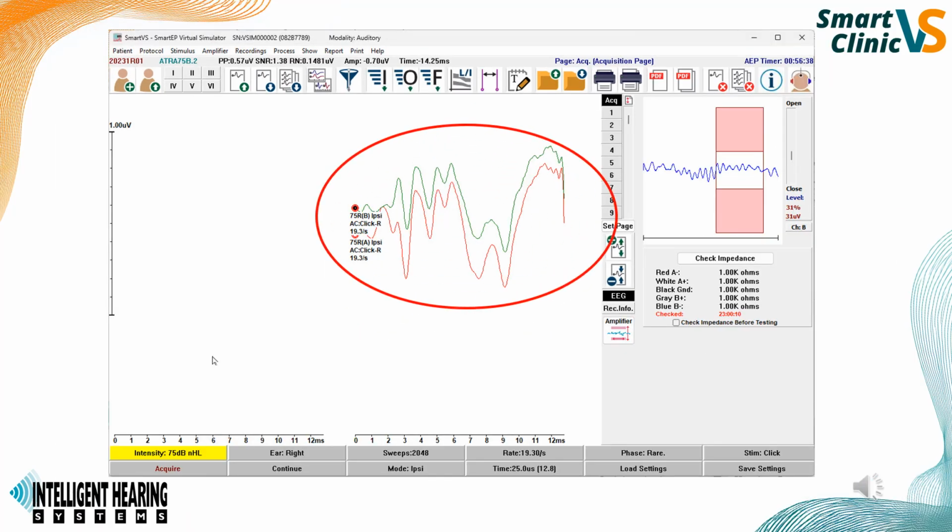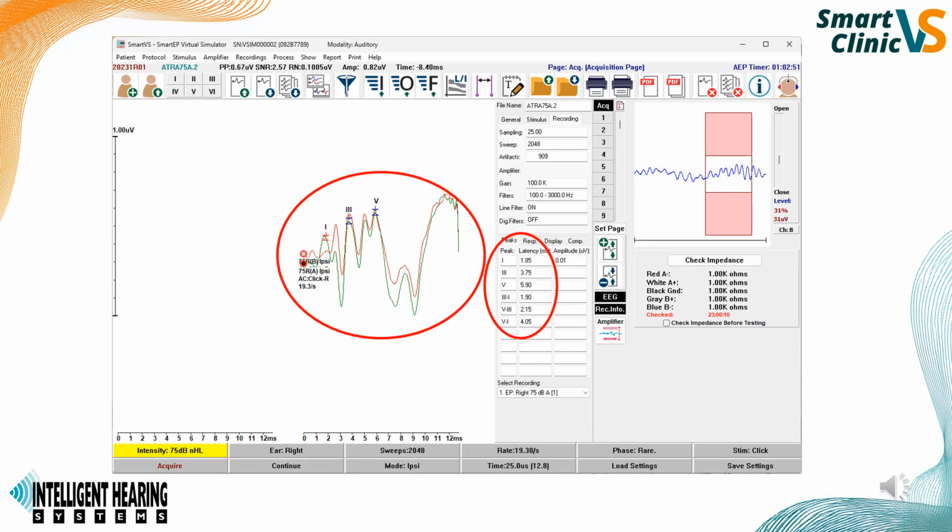After recording 248 sweeps, those are averaged together and the average waveform is shown. Once that has been completed, you can hit the Acquire button again to complete the replication run. After completion of the second, or the replication run,